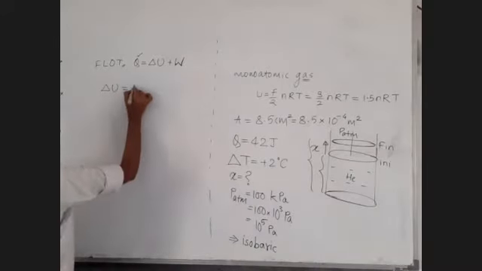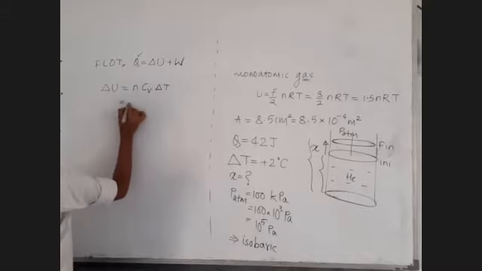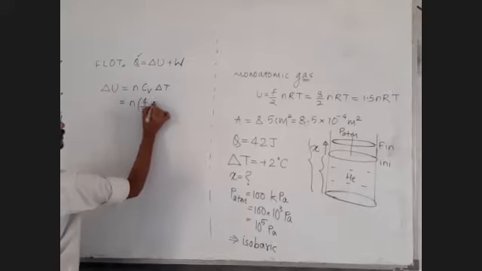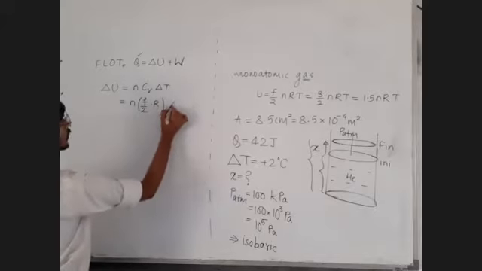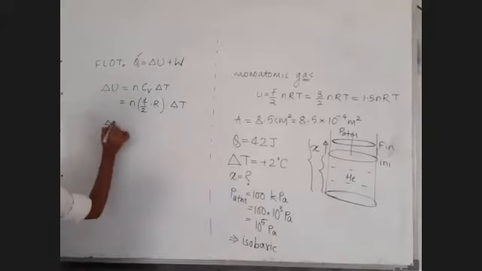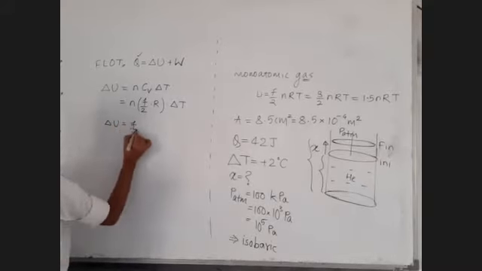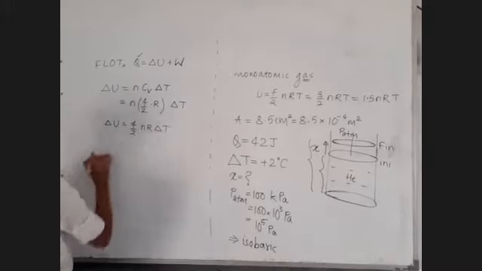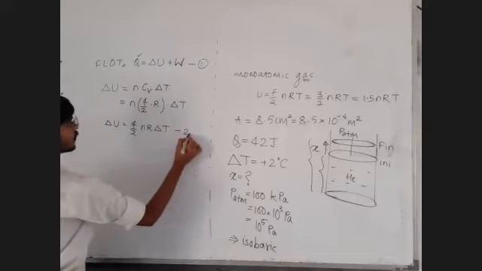So delta U of gas is directly nCv delta T. But sir, Cv is equal to f by 2 R, f by 2 into R. R is in the numerator. Cv is equal to f by 2 into R, into delta T as it is. So that will bring you this formula: f by 2 into nR delta T. Call this equation 1. Call this equation 2.